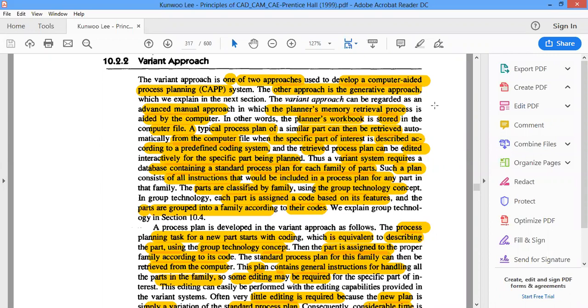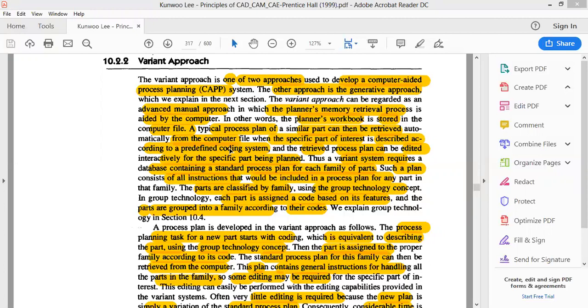Now, say for example, if you are going to take up a nut and a bolt, there is something called group technology, which will come later on. But for now, for simple understanding, say we are talking about nuts and bolts that have to be assembled on any part, it can be an automobile or any other thing.